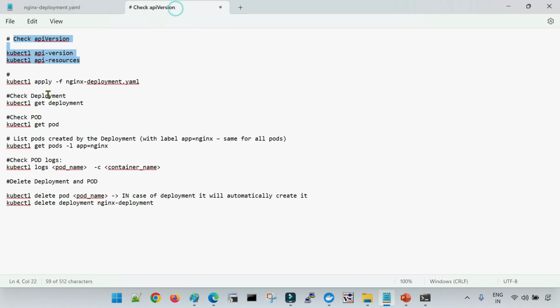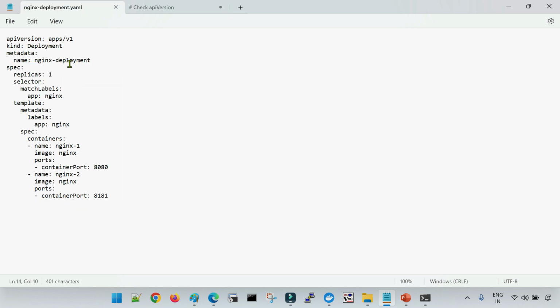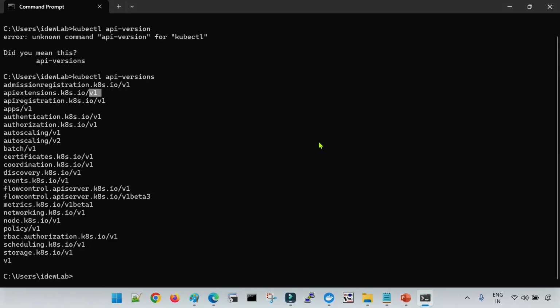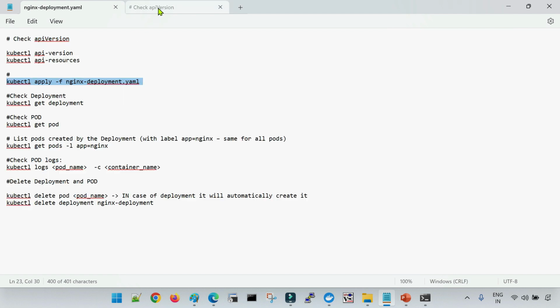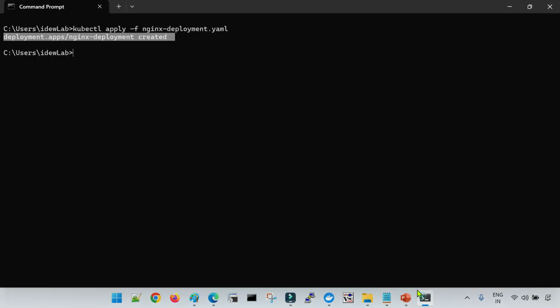For that, the command is kubectl apply -f and the name of the YAML file. This is the name of the YAML file which has these contents. So let me go to here, and let me run this deployment. Now you can see that the deployment has been created, right? So now we have a deployment created. You can check the status of the deployment which you have